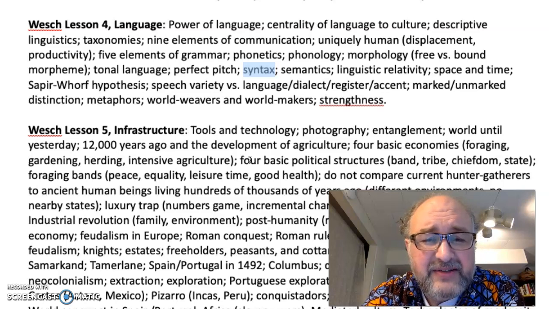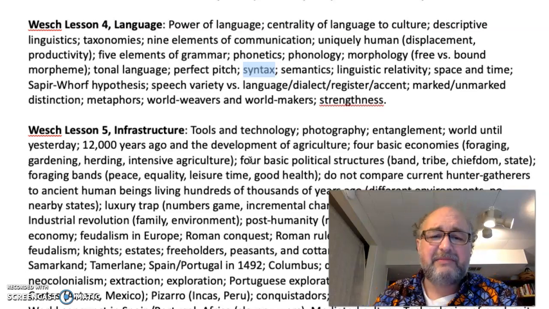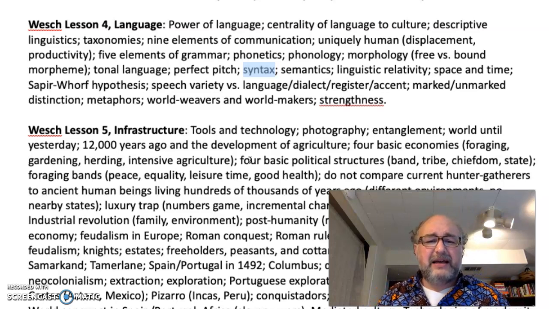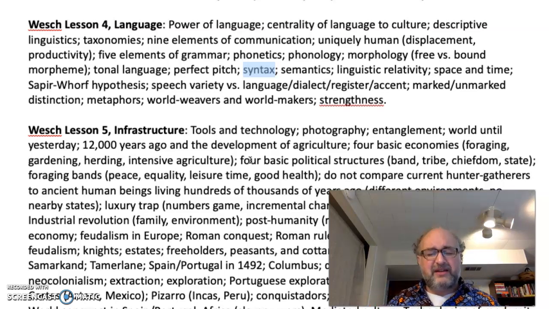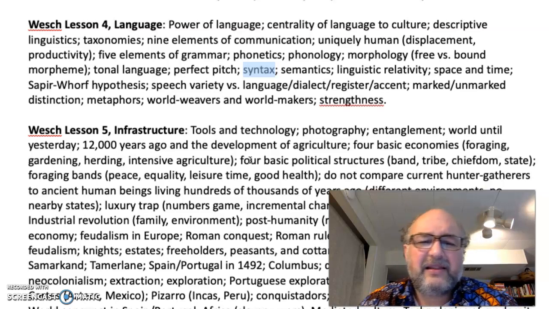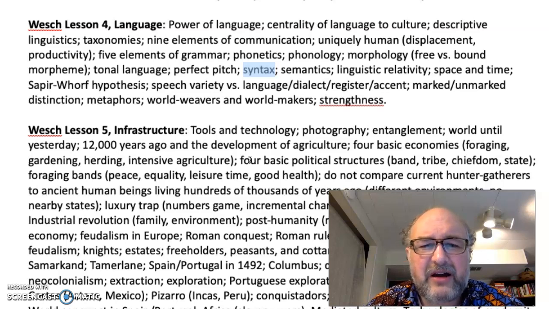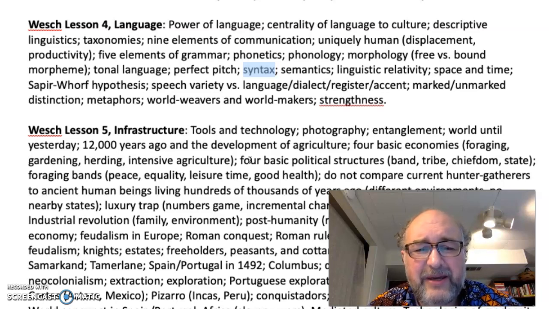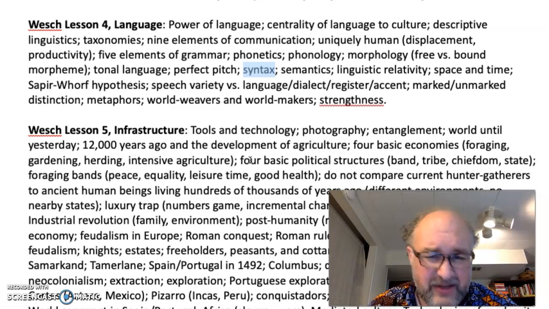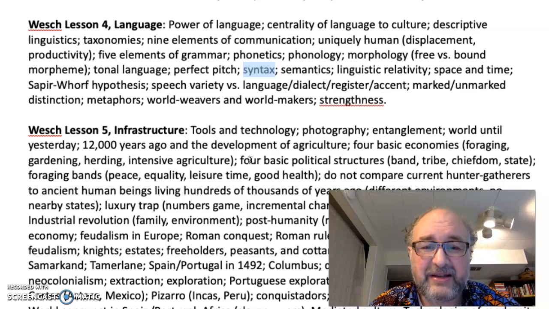Linguistic relativity says that different cultures speaking different languages can affect your perception. So language and perception are very closely linked. Remember all of our talk about colors and how we can see colors that we can name, and if you have more names for colors, then you see more colors because you can identify them. So language and perception are really closely connected. This is the Sapir-Whorf hypothesis.